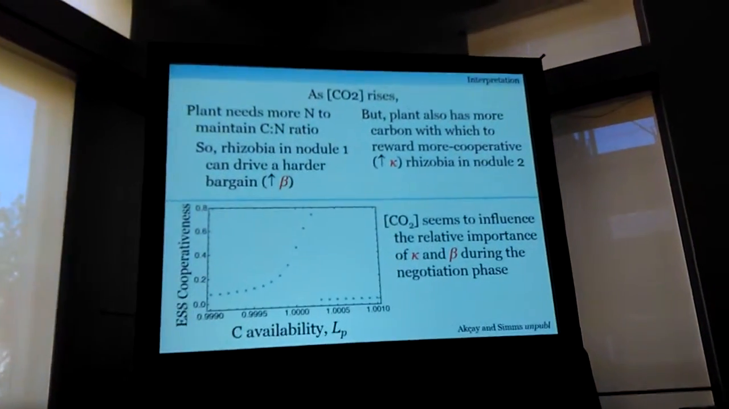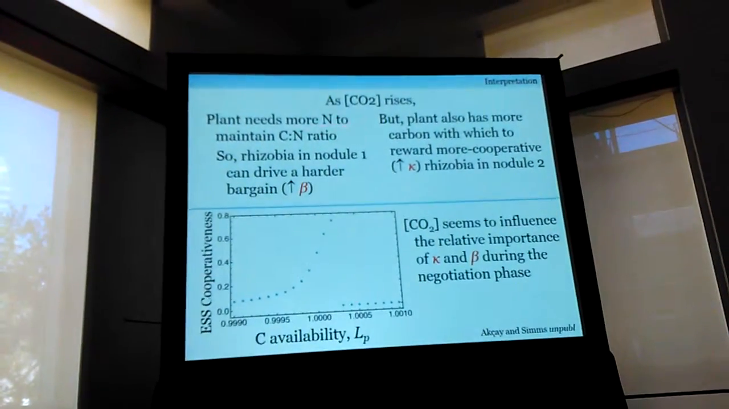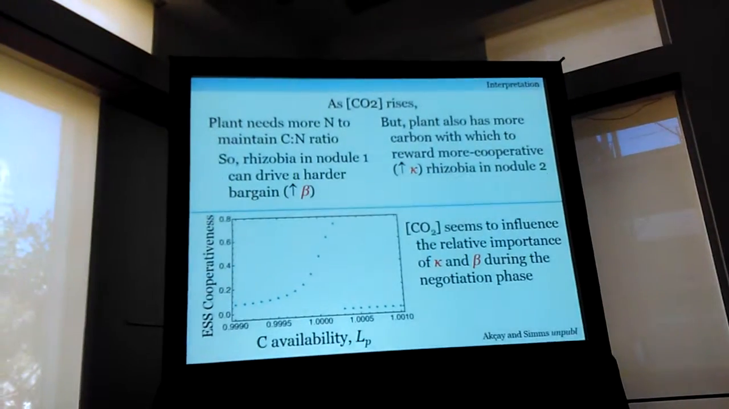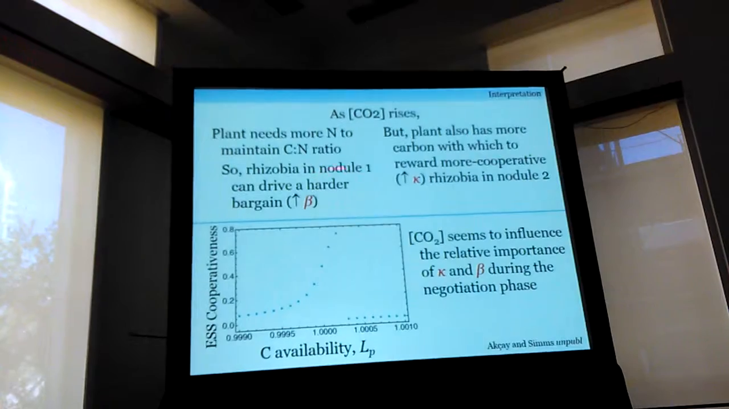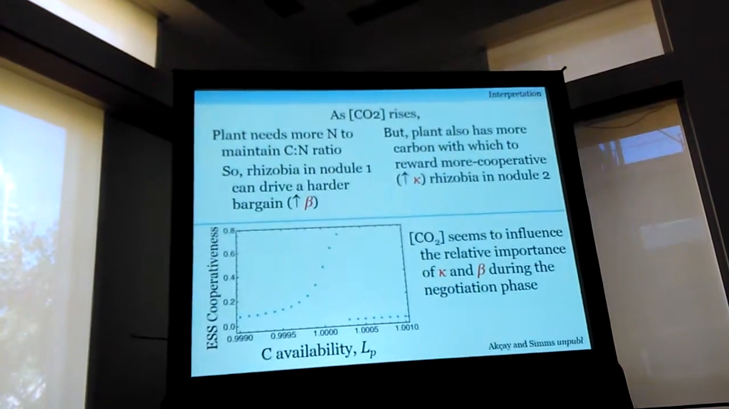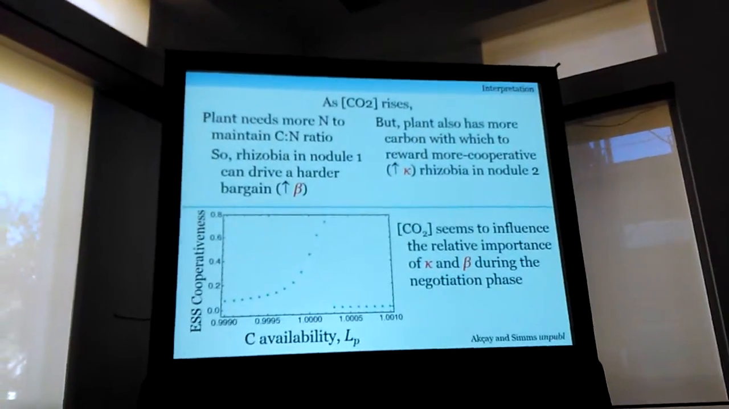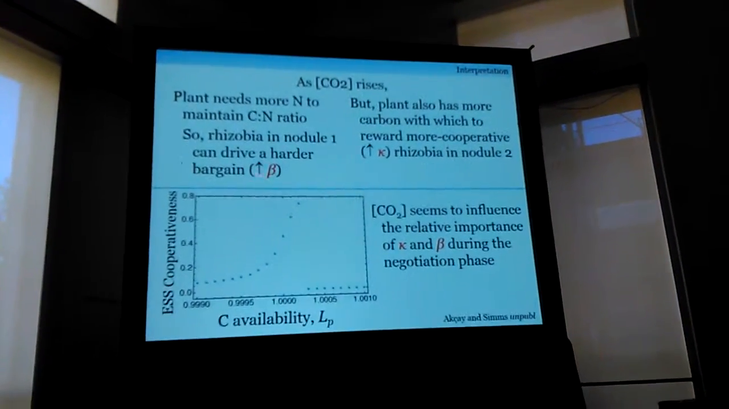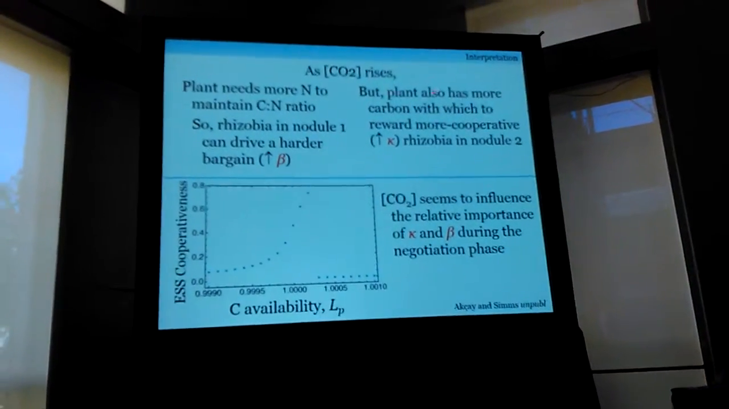So what we think is happening is that as atmospheric CO2 rises, the plant needs more nitrogen to maintain its tissue carbon-nitrogen ratio, okay? And so that means that because the plant needs more nitrogen, the rhizobia can drive a harder bargain, which drives up this strike parameter, beta. So the rhizobia become less cooperative, but